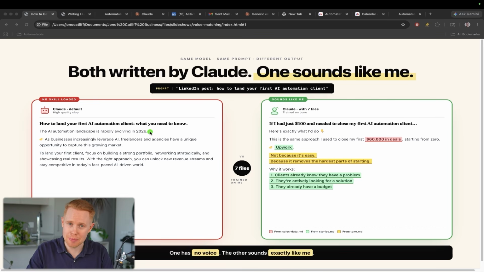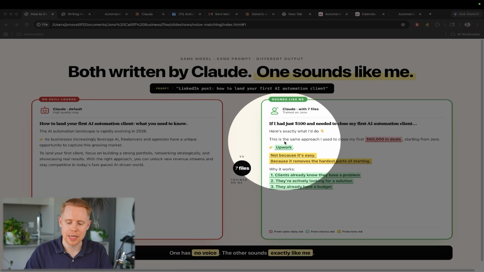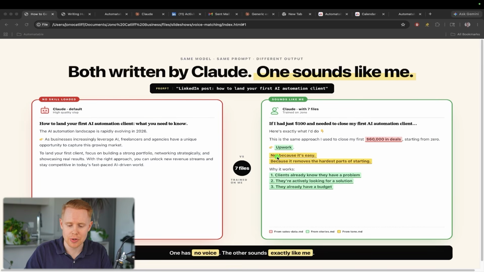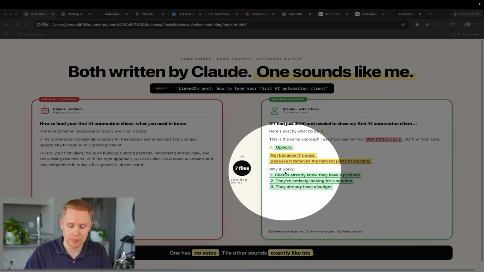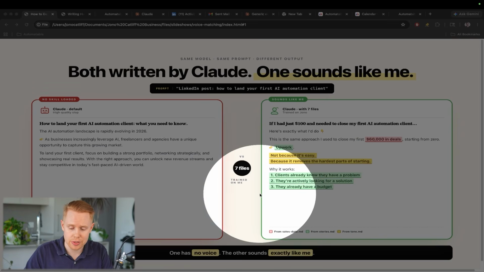Now here's the same post, just copying how you would write. If I had $100 and needed to close my first automation client, here's exactly how I'd do it. This is the same approach I used to close my first $60,000 in deals, starting from zero, Upwork. Not because it's easy, but because it removes the hardest part of starting. Why it works. Clients already know they have a problem, they're already actively looking for a solution, and they already